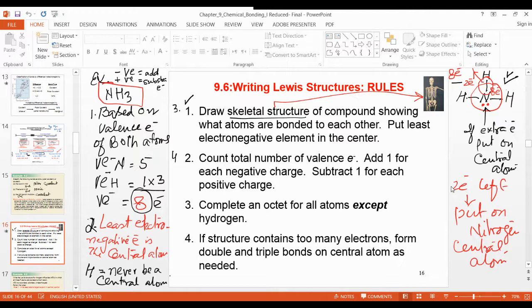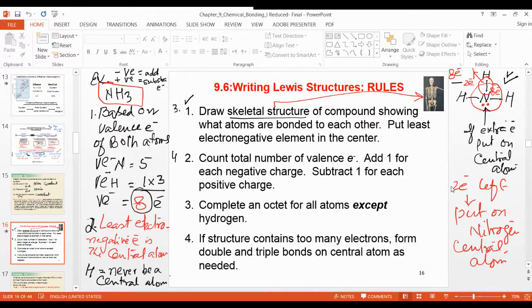Bond means 2 electrons. So if you make 4 bonds with the carbon, 4 bonds means 8 electrons. In CH4, what is the total number of electrons? C contains 4 valence electrons, and each hydrogen contains 1 valence electron. So 4 hydrogens means 4 electrons, and 1 carbon is 4 valence electrons. 4 plus 4 is 8 electrons. So the total electrons are 8 in CH4, and these electrons you have to distribute first.